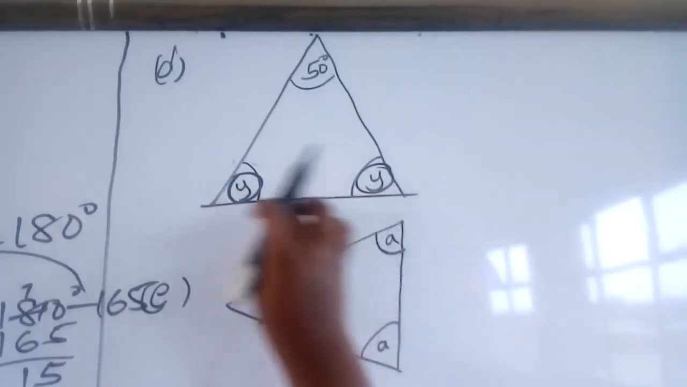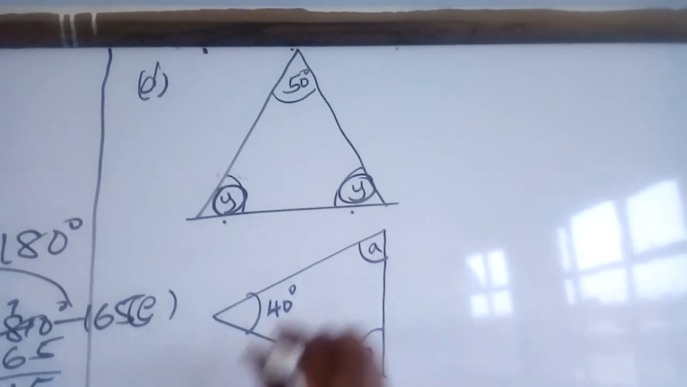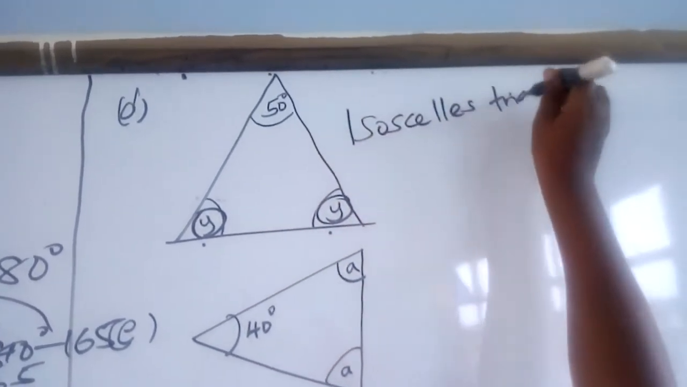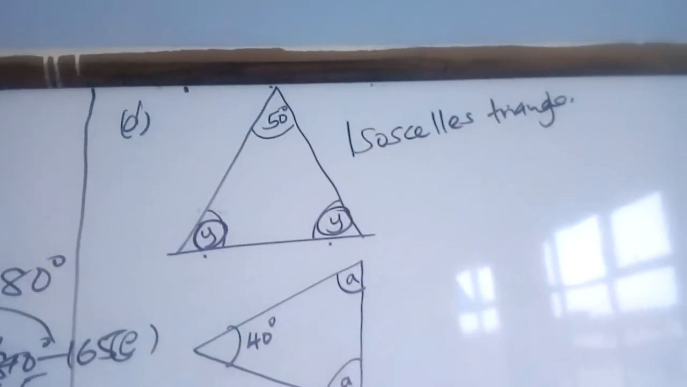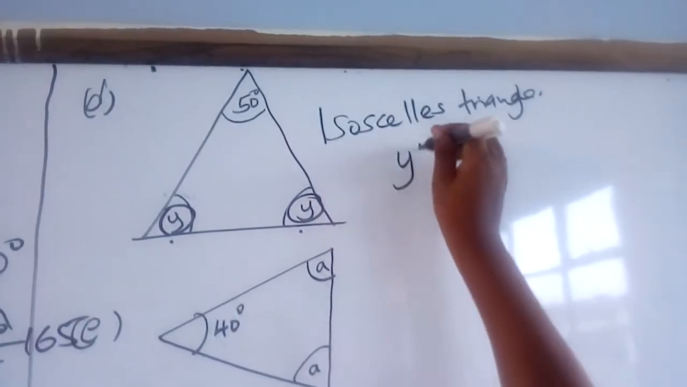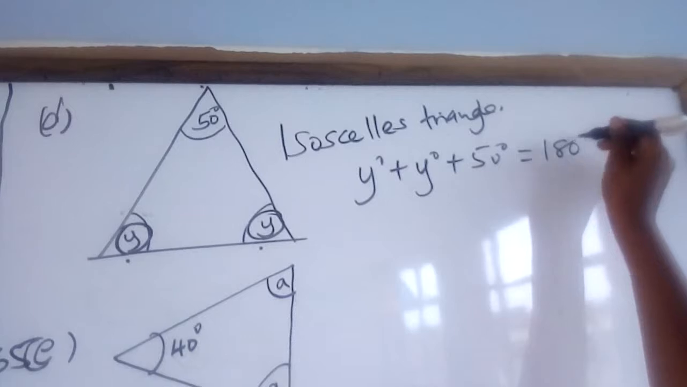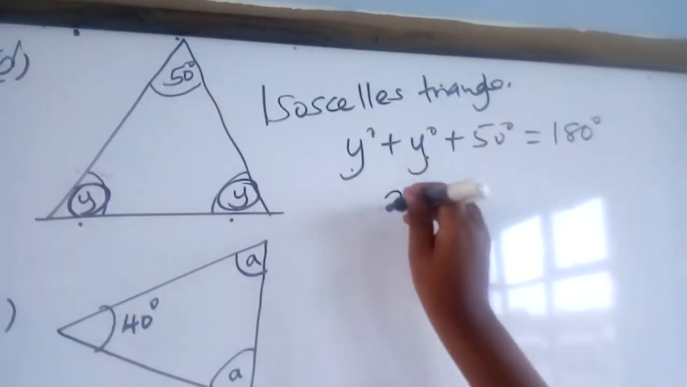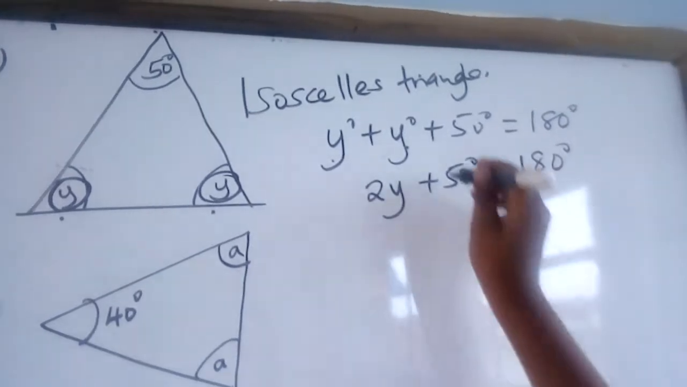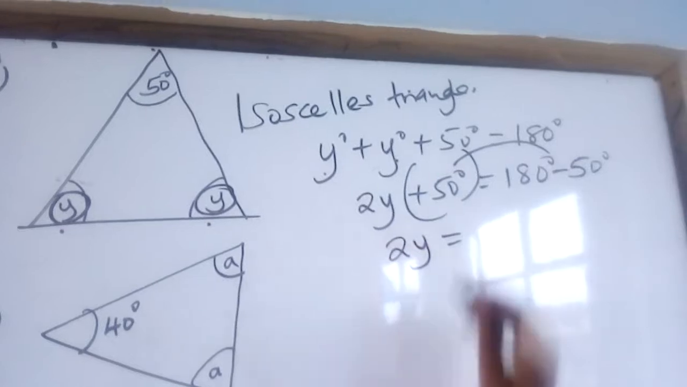So when you come across same letters, it means this angle is equal to this angle. So this is an example of an isosceles triangle, because these angles are equal. So the same way, y degrees plus y plus 50 degrees will give you 180 degrees. Y plus y is 2y plus 50 degrees will be 180 degrees. Take this to the other side to be minus 50 degrees. So 2y will be